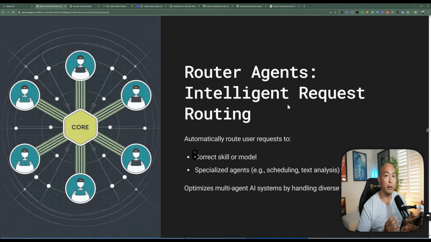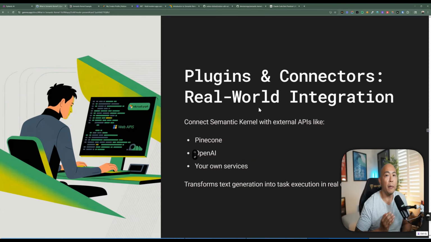They let you send a request to the right skill or to the right model automatically. So if a user asks about the calendar, the router sends it to the scheduling agent. If they ask to analyze some text, it routes it to the language model. This kind of intelligent routing is super useful when you're running multiple specialized agents in one system. Plugins and